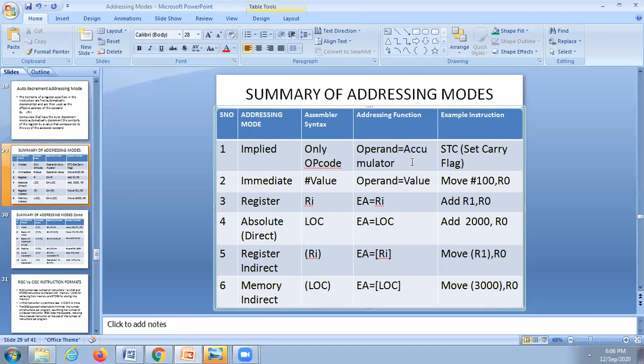How to get those operands? What strategy you are going to use in a particular instruction will be explained by these addressing modes. Basically, we are already familiar with the addressing concept.